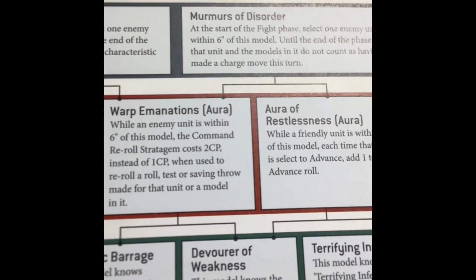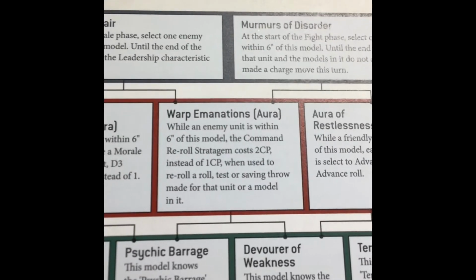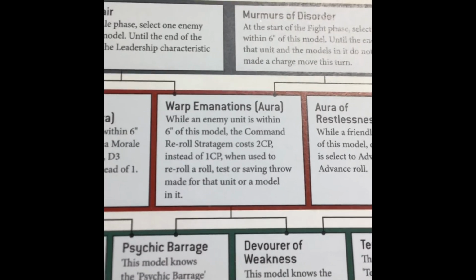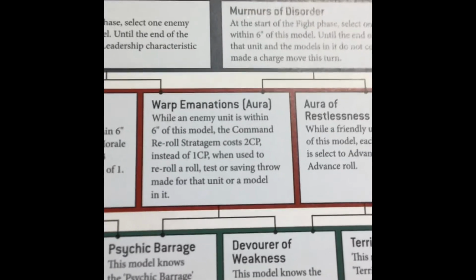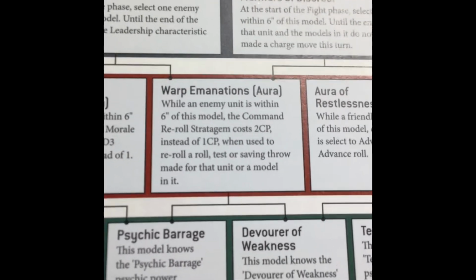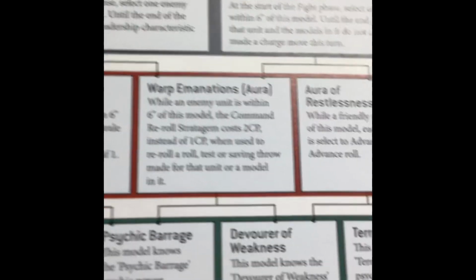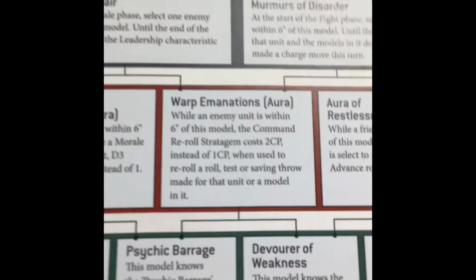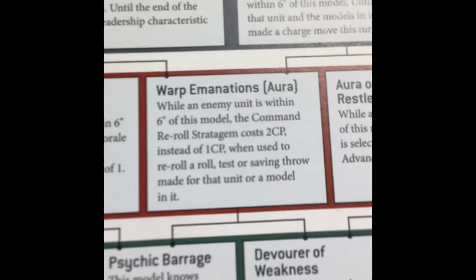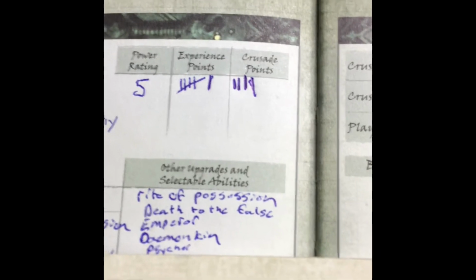He's got that Force Stave and Flames of Spite, which are giving off mortal wounds whenever he rolls a 6 to wound anyway. So throw onto that the possession power that he can be running, Smite, Cursed Earth, which increases the demon save, and he's starting to look rather scary. And since he's got Warp Emanations, he is now at Crusade points 4. And again, normally you'd need a lot, and